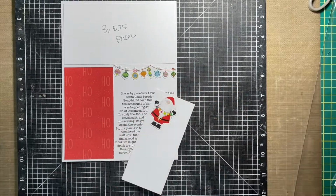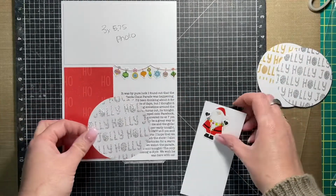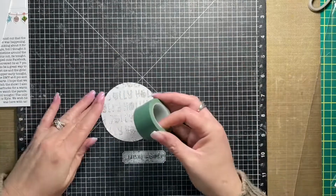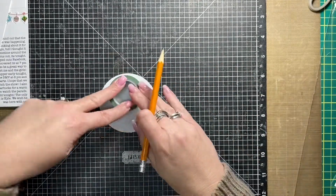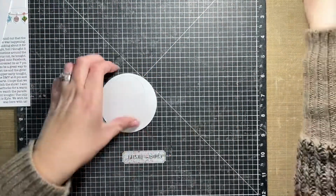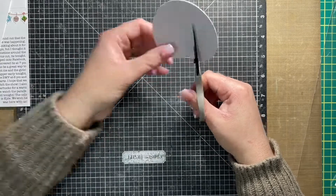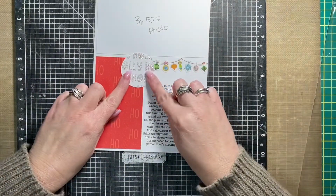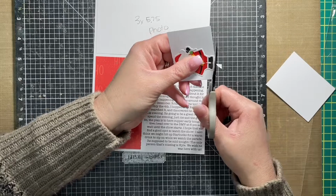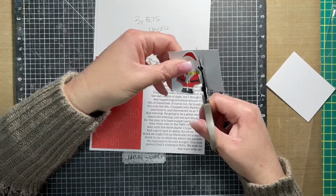I pulled off this really cute garland that is ornaments from the sticker sheet and then trimmed that down to fill that blank space between the pattern paper and my journaling. And now I'm toying with cutting out a circle to layer Santa Claus on. I had some of these circles that I actually made for another project and then ended up not using them lying on my desk. So I pulled out one that I thought would work and trimmed it down. I just used some washi tape that also happened to be lying on my desk to trace that circle out. I thought it was too much white. I needed a little bit more color to go behind Santa because there is a lot of white in this Santa image as well. So after I got that circle cut and Santa fussy cut,